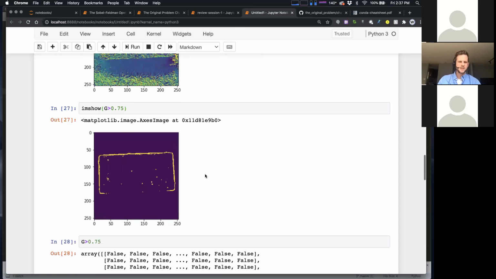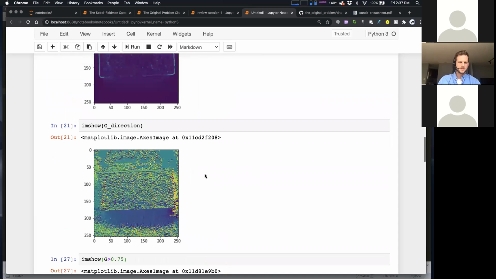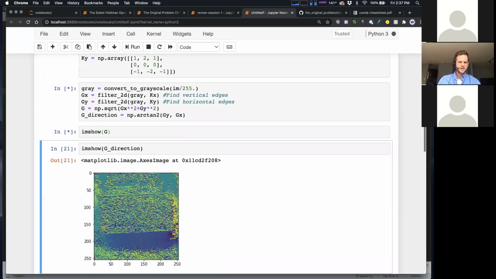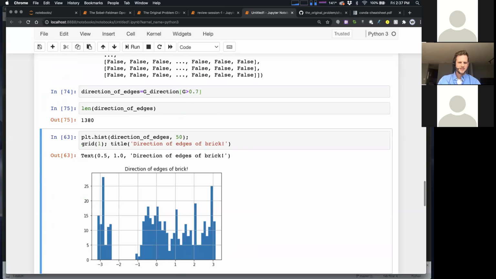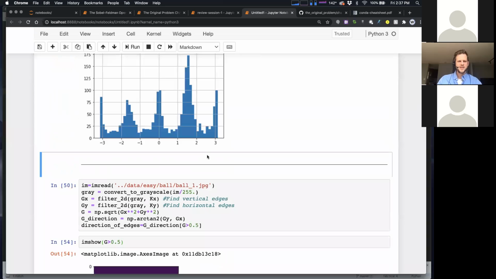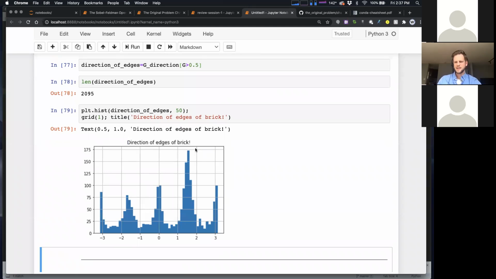Oh, that's the wrong image, sorry. I have to be careful with Jupyter sometimes. I need to reload this image. Yeah, that's why it was being weird. It was the wrong image. Hold on, one second. Okay, so if I used 0.5 here, I think we'd still be pretty spiky. Yeah, it's still pretty spiky.